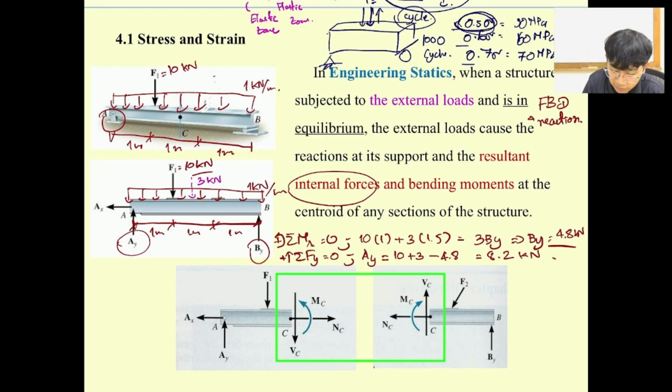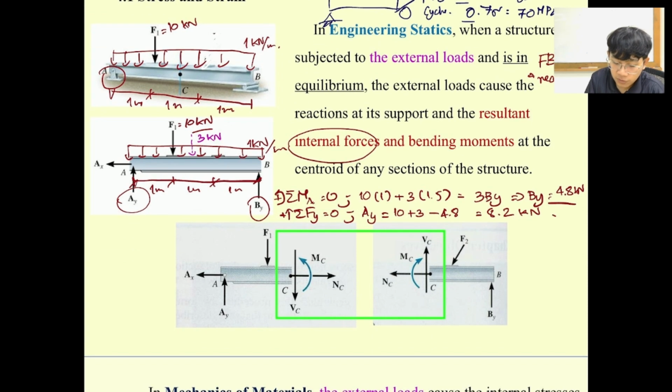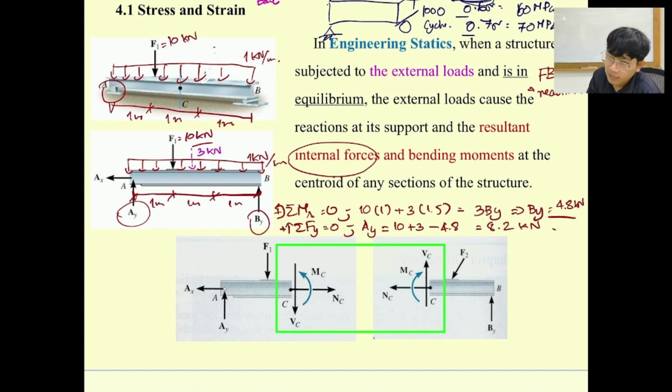For example, if I would like to find the internal force, we're going to follow what I call the left figure rule, which means when I cut the section, I'm going to follow just only the left image here. Which means if I cut section C over here, we have F equal to 10 kilonewton, and then this one equal to 1